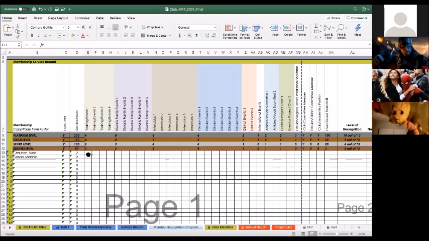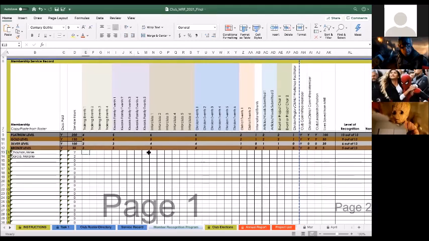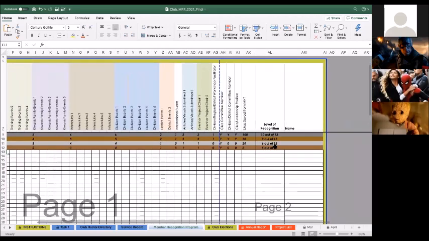the amount of things that your members have done in each category so that you can see whether or not they qualify for that level. And it's towards the end of the column that it tells you the level of recognition. So for bronze, 5 out of 13, silver, 6 out of 13, gold, 9 out of 13, and platinum, 10 out of 13. So this is almost like a checklist, but don't procrastinate. Please don't procrastinate. And that's mostly it for the MRP.